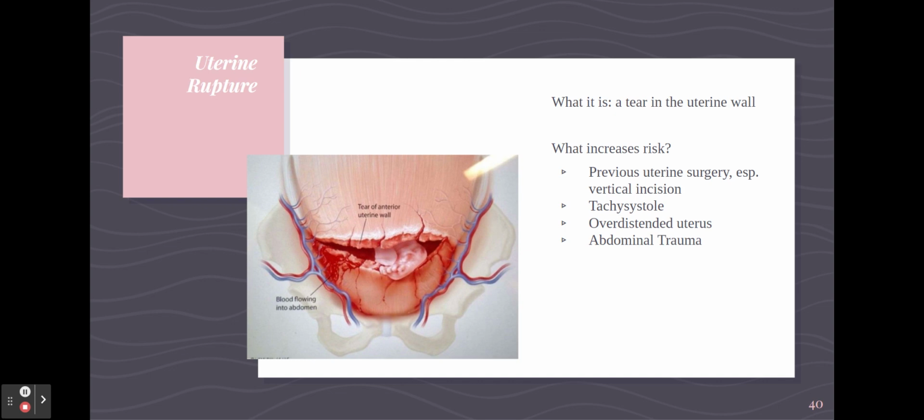Over-distended uterus, and this can be because of large fetuses or excessive amniotic fluid. Be very, very careful if you are doing an amnio infusion. Because you're instilling fluid, you need to make sure that that fluid is coming back out. You use an intrauterine pressure catheter with an amnio infusion. So you need to look at the resting tone and palpate a lot. Make sure that that uterus gets soft in between contractions. Make sure that there's adequate resting time. And the last cause of uterine rupture could be abdominal trauma.